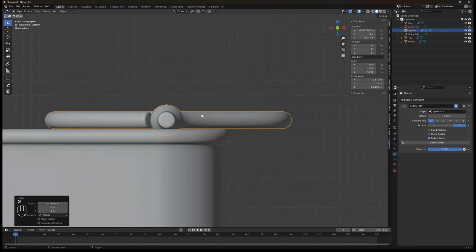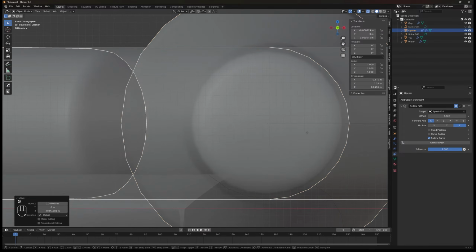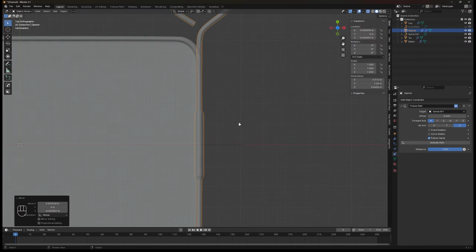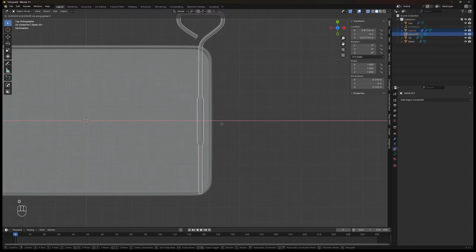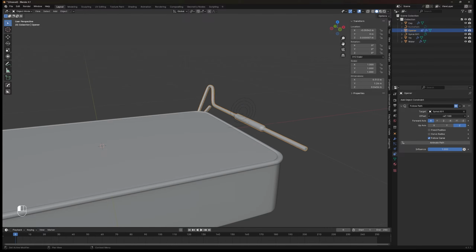In object mode, move the opener to the spiral tip and make sure it's really centered there. Now, move the spiral a little bit closer to the tin and the opener will follow like a hungry dog. Select the opener and adjust the offset value on the follow path options, and now he will be rolling on the curve.